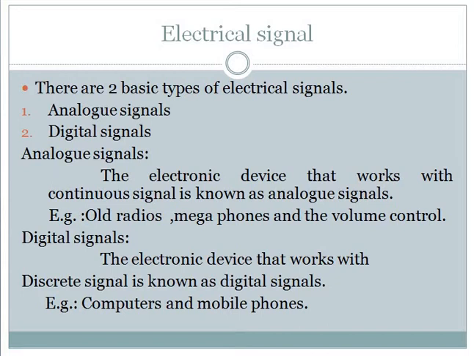Then we will see digital signals. The electronic device that works with discrete signals, that means time separated signals, which are generated using digital modulation, that you call digital signals. Examples: computers, mobile phones. Other examples are CDs and DVDs, which are good examples of digital signals.